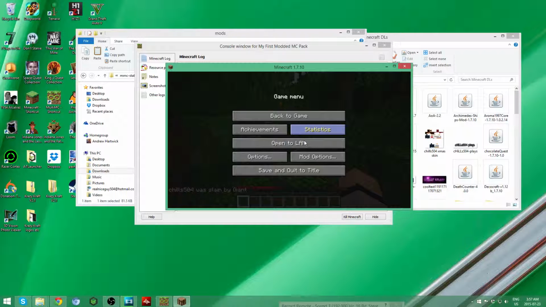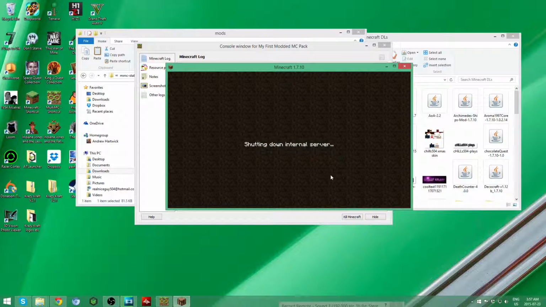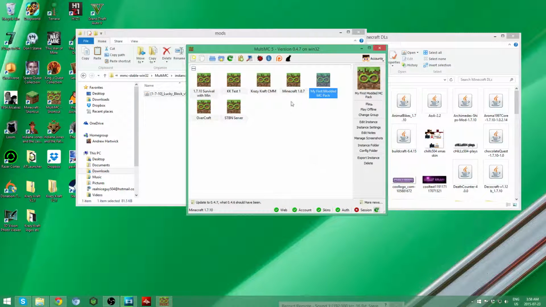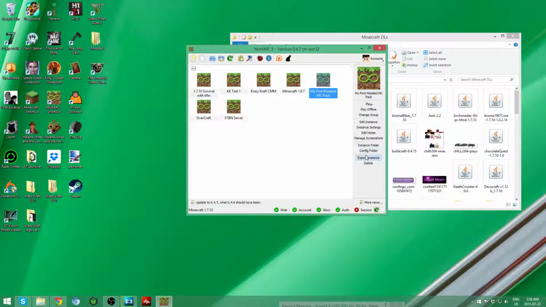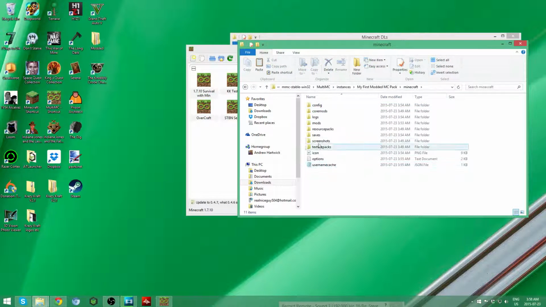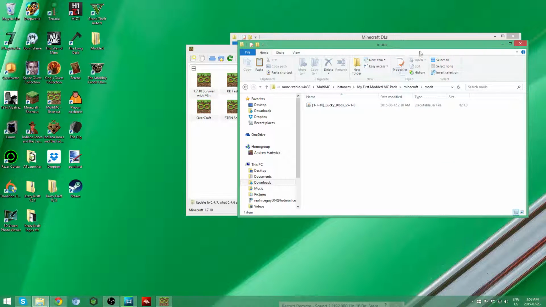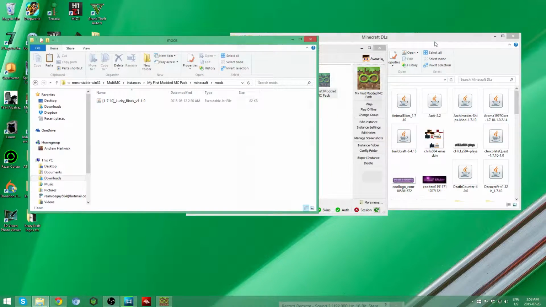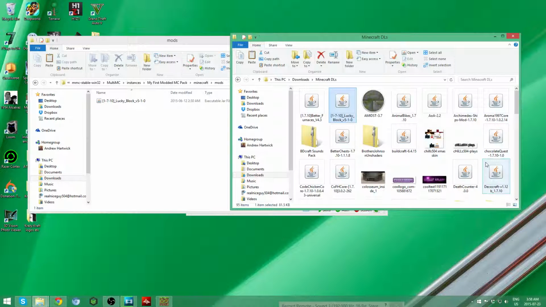So now what you can do is you basically want to log out of the game, and you go back to your MultiMC instance. Let's just wait for this to close down. Alright, so we're back here at this instance. We'll close that down. And if you go back into your instance folder, it's where the Minecraft is, and then back under mods, what you can do, move this over a little bit, and we can go into our downloads